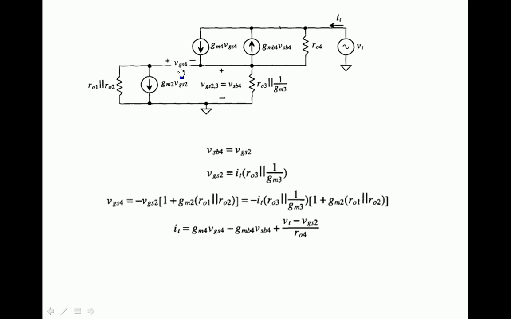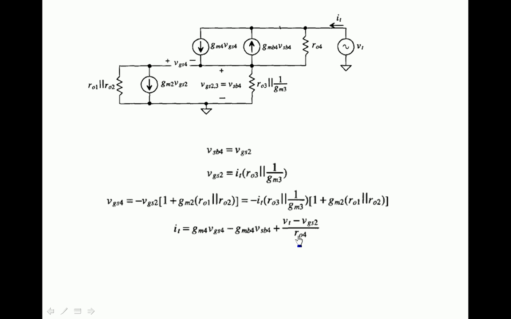Next, VGS4 you can write from this. Write the KVL across R01 parallel R02 and this voltage and this voltage, so there are three terms you will get. VGS4 is equal to minus VGS2 into 1 plus GM2 times R01 parallel R02. After that you can get the equation for IT and simplify this, you will get